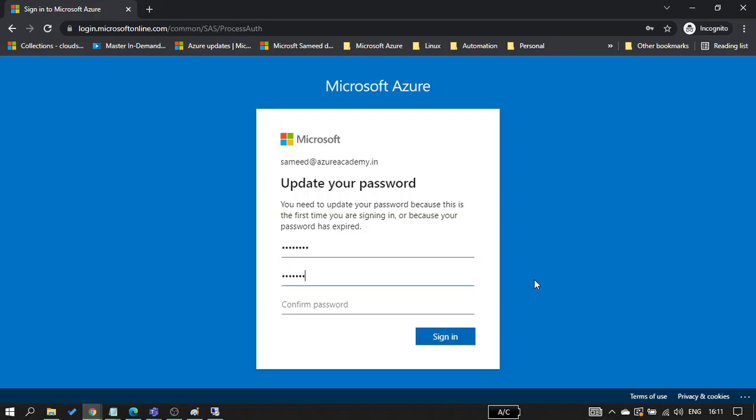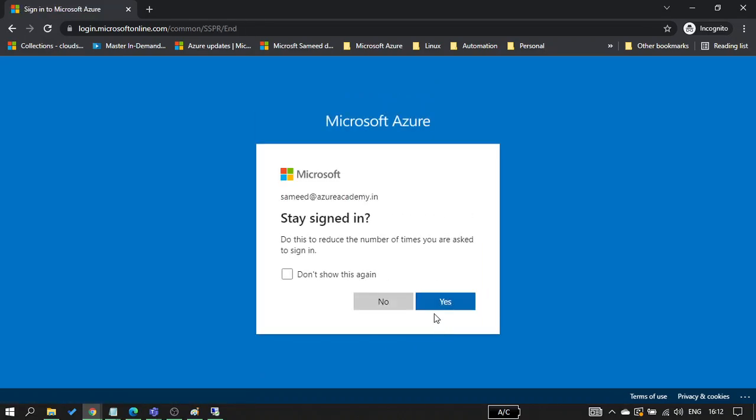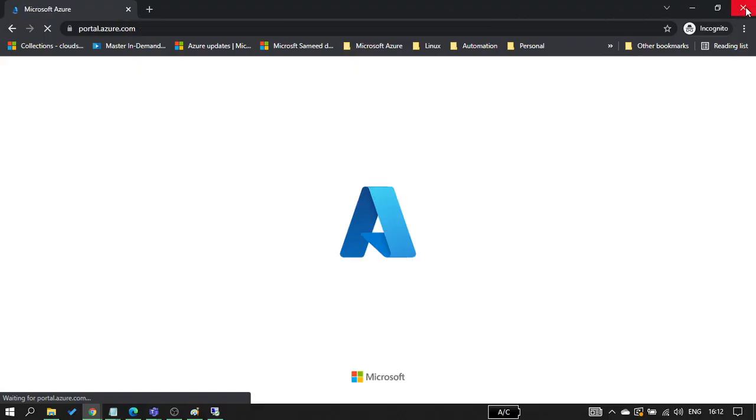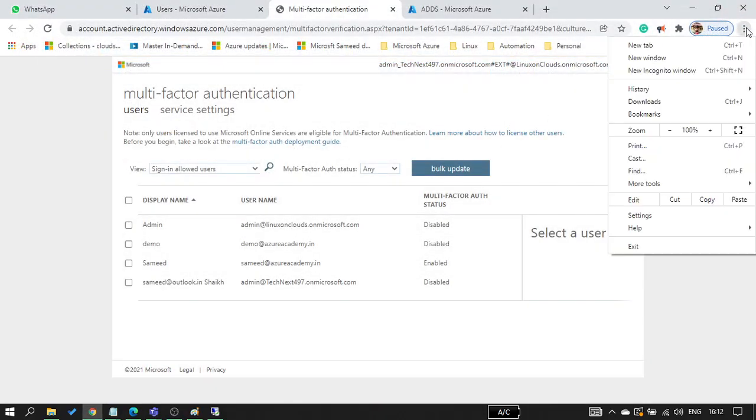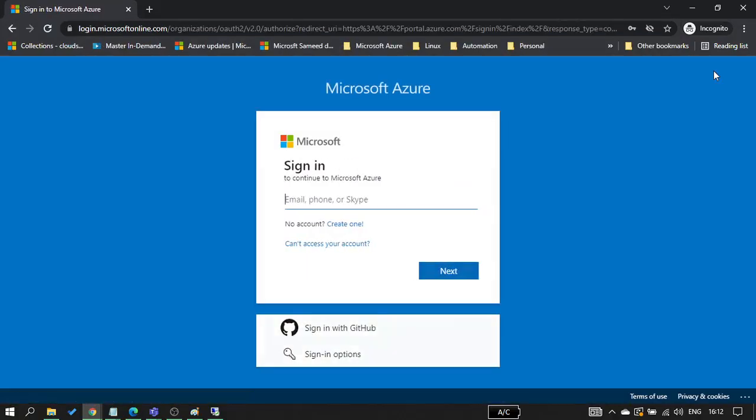So whenever this user logs in, he will get a pop-up notification on his mobile, or wherever he has added the authentication. So if anyone steals the username and password and tries to log in, the real user will get a notification. If he denies, saying he's not the one trying, the authentication will fail. Let me show you by failing the authentication. Now if I try to log in here,